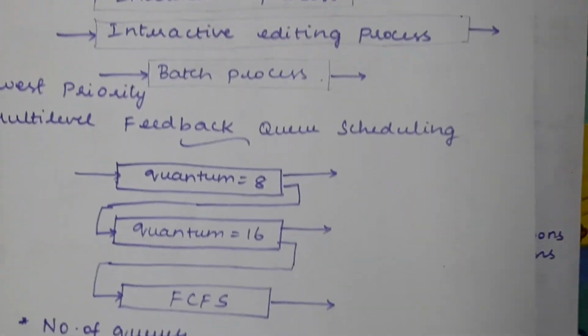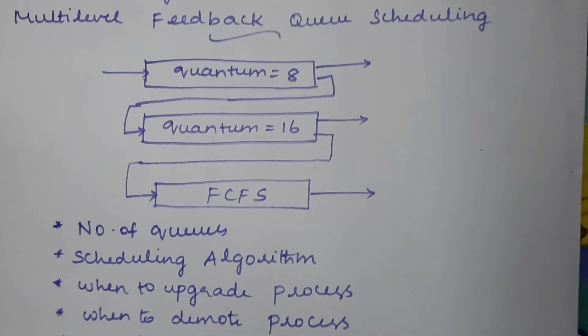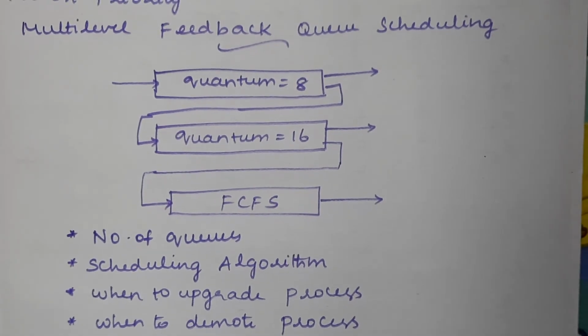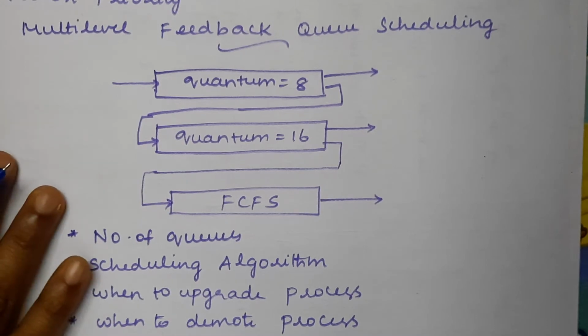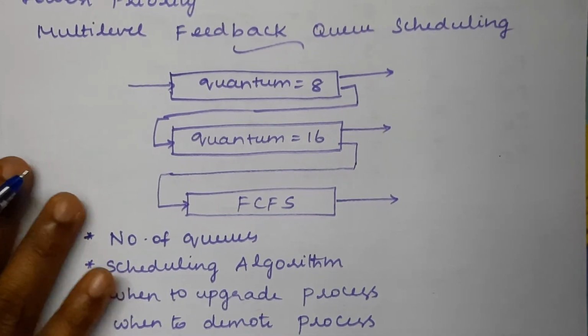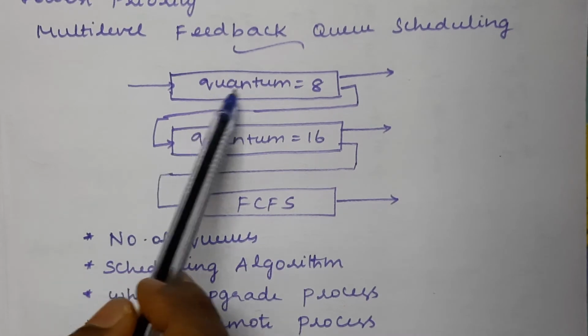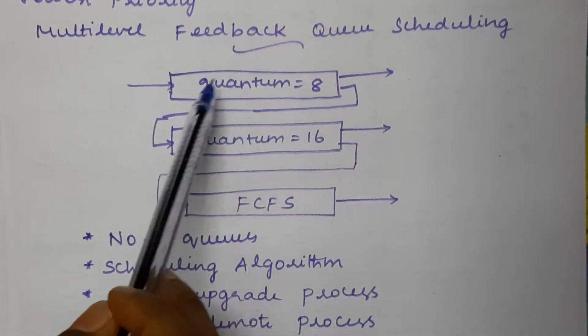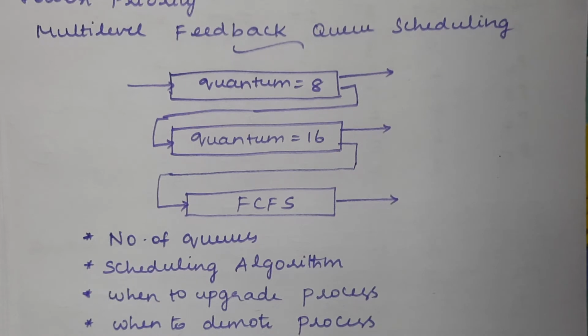As an extension of this multi-level queue scheduling, we have one more scheduling type, that is multi-level feedback queue scheduling. What do we mean by feedback queue scheduling? Let us discuss that. Suppose in this diagram we have one level in the very first level, and in case of multi-level queue scheduling, what scheduling algorithm do we need to follow at different levels? In all the levels we have to follow first come first serve, right?